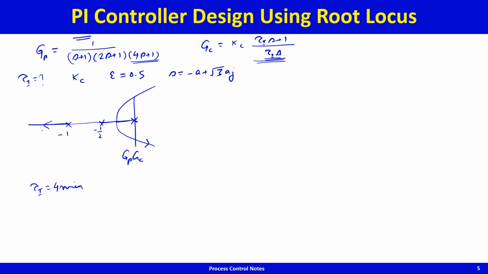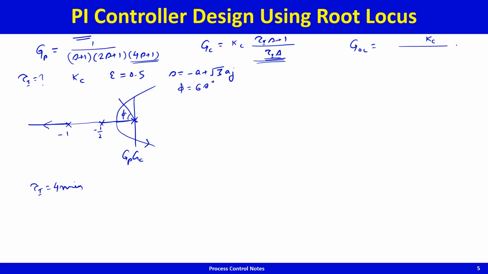So what is the gain that gives me a damping coefficient of 0.5, which implies angle phi is equal to 60 degrees. We can proceed as we did for the P controller design, except that in this case, the loop transfer function with tau I equal to 4 minutes is going to be